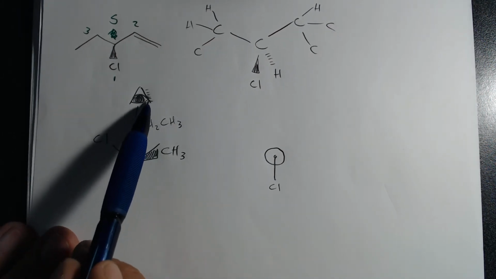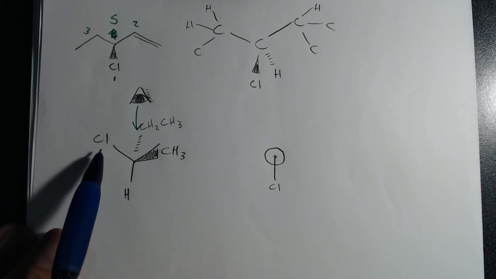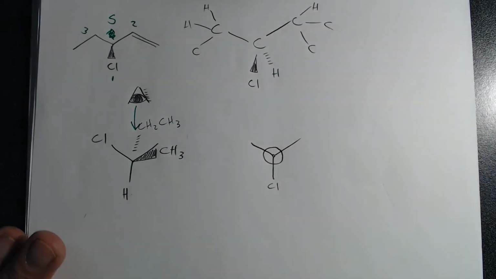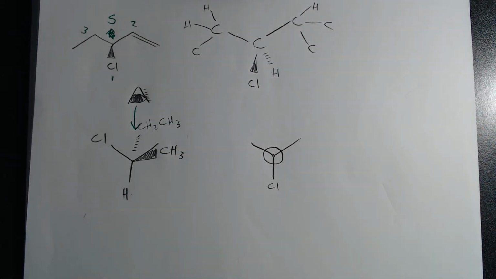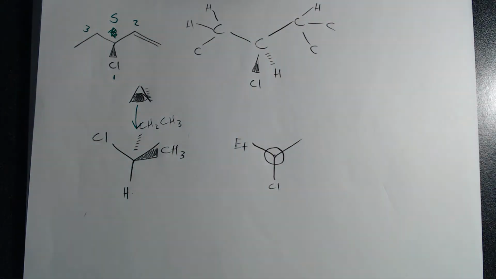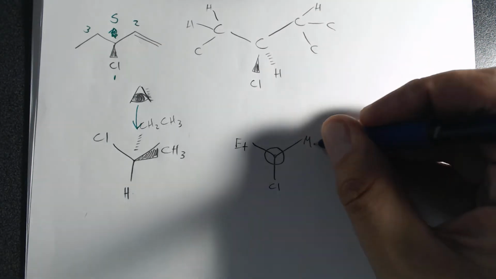So that means that this part would appear to be up, and this part's down. So the tricky part is, does the ethyl go left or the ethyl go right? Left. It's left, yes. If you're having trouble seeing this, you have to use the model kit until you get comfortable with it. So ethyl is left,